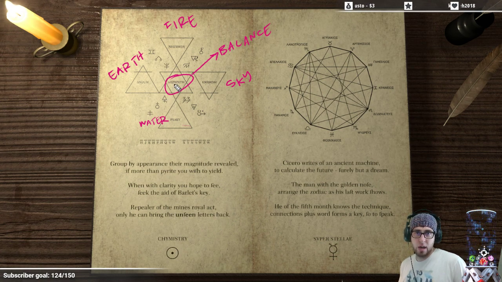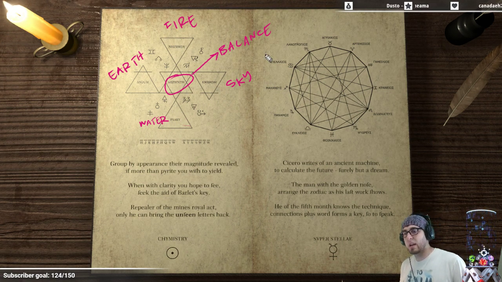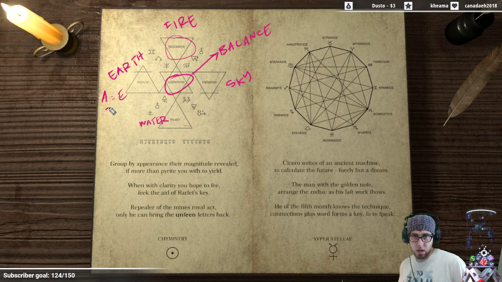Look, B-A-L-A-N-C-E, water, 5, earth, 5. Is there a different word for fire and sky that would fit this length? Because this is giving us A would equal E, S would equal A,